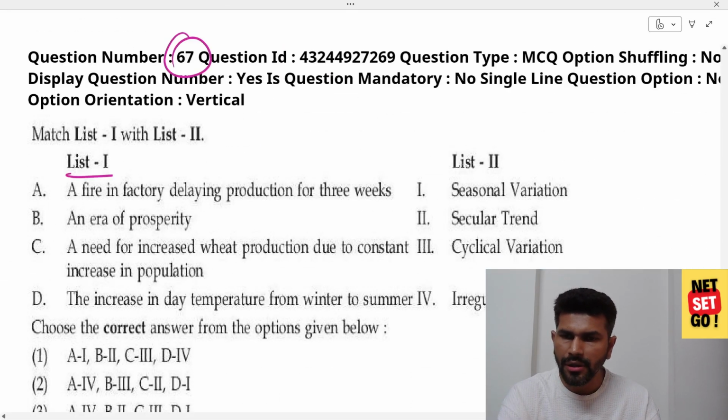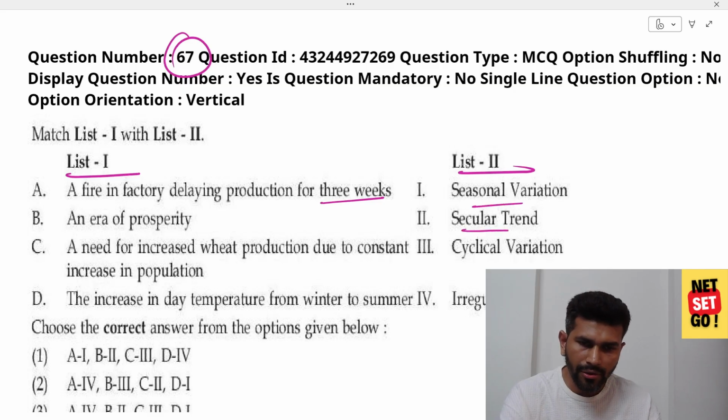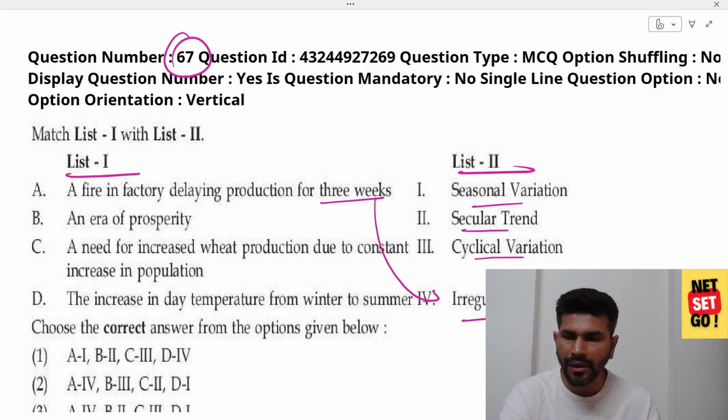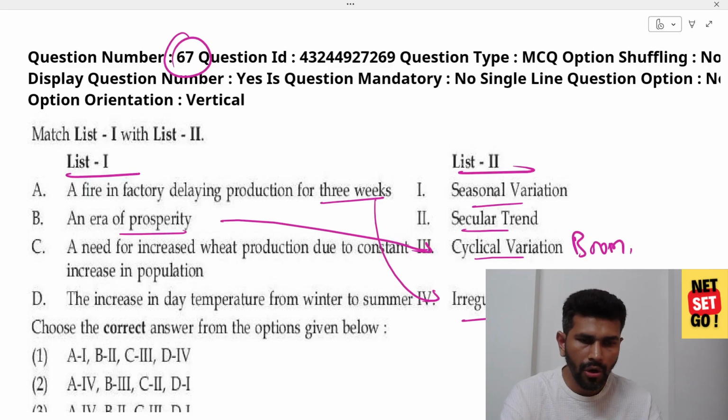Next, match list 1 and 2. A fire in a factory delaying production for 3 weeks: seasonal variation, secular, cyclical, or irregular variation. So irregular variation is correct, based on fire or flood, etc. All these are examples. Era of prosperity is cyclical, because it shows the business cycle, that is prosperity, boom or decline,